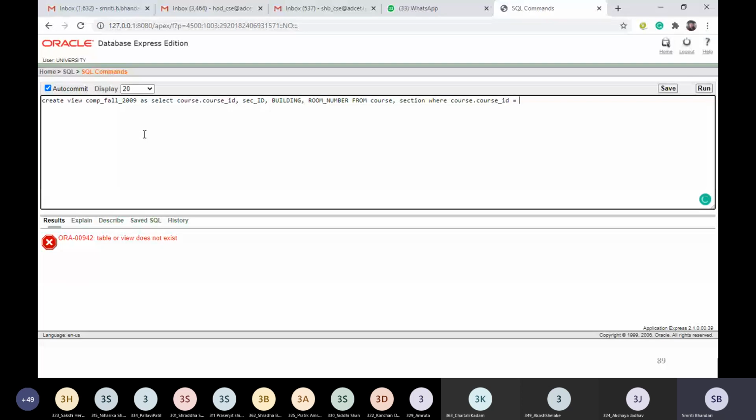So course dot course ID equal to section dot section ID and course dot department name equal to comp science and section dot semester equal to fall and section dot year equal to 2009.